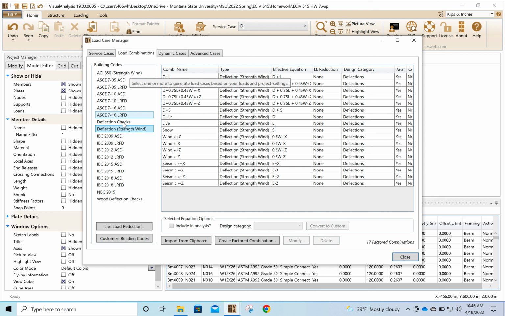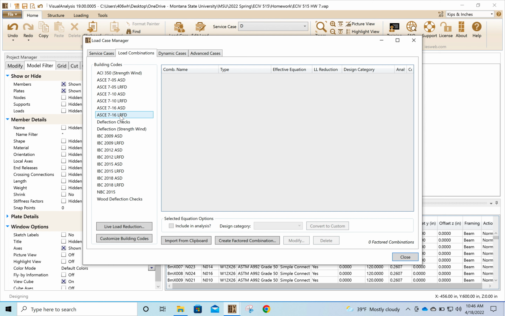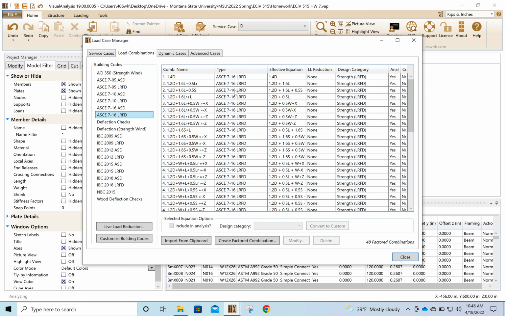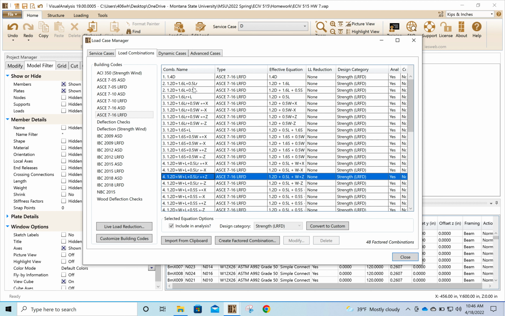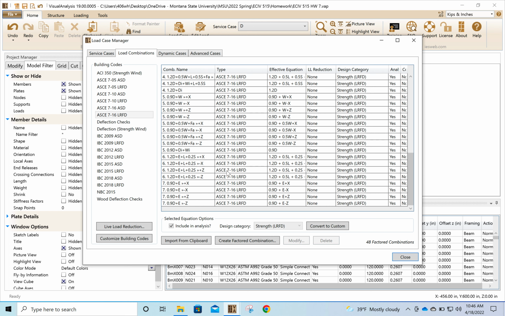Well, if we go and say we wanted to do, say, number 3, right? We wanted strength level. Well, if we do strength level, what I'm saying for you to do is we need to get rid of some of these, and I'm going to tell you that one of them that's not governing is this category 4. So everything that relates to load combination 4 in ASCE 7 we can get rid of. Well, if we click on this, we can't really get rid of the ability to analyze it. So what do we do? Well, if we go up here and we select all of these